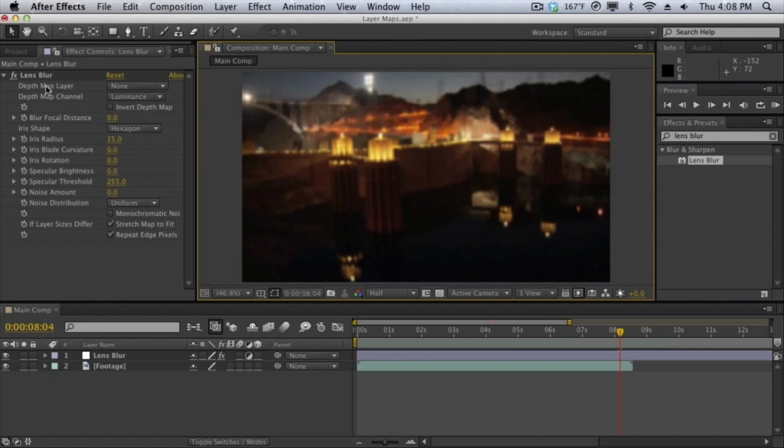If you don't know what a depth map is, it's pretty much a kind of layer map rendered from a 3D application such as Cinema 4D and 3ds Max to tell the lens blur effect where it is going to be blurred and where it is not going to be blurred. And we can set the depth map channel over here to luminance. Luminance is the brightness or the white areas of the map, and we're going to use that to drive our blur. So I'm going to create a new layer,